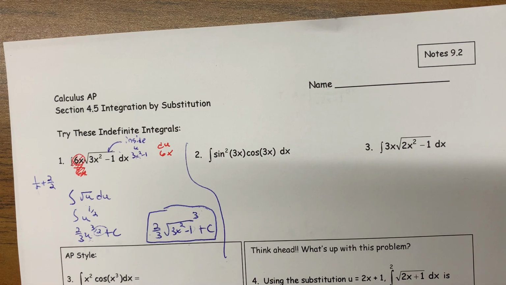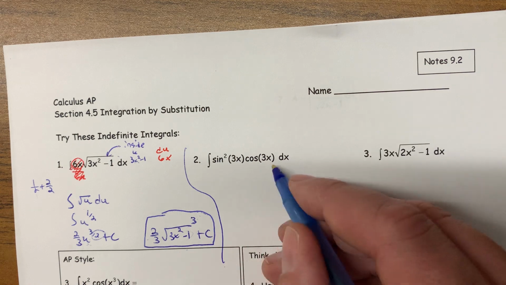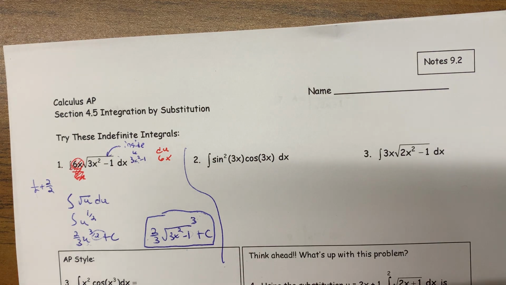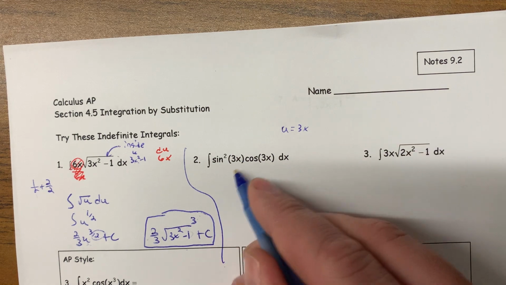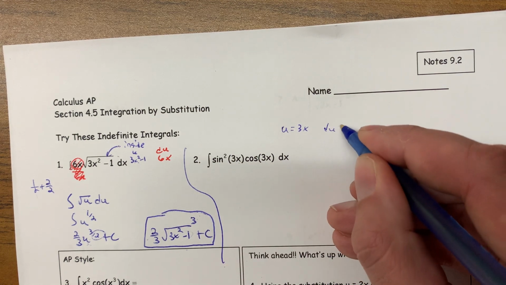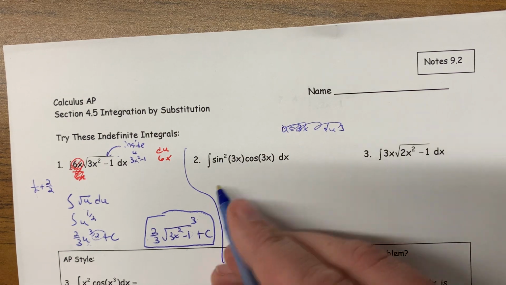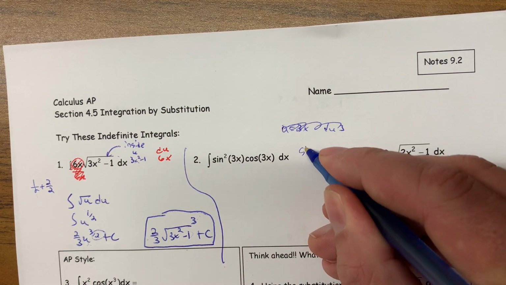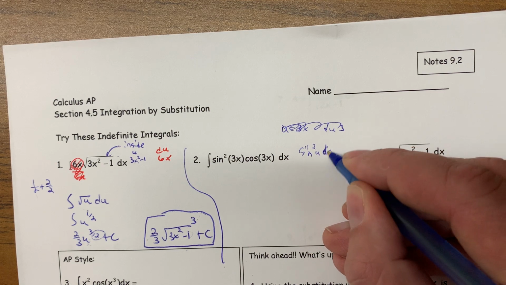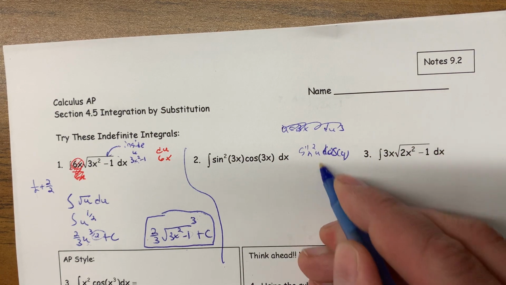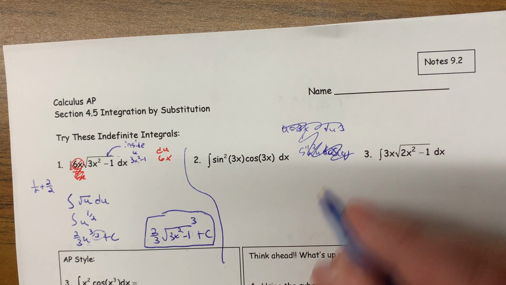And if you said it was 3x, the problem is that, well, okay, let's say it's 3x, well, then what? If u is 3x, then du would be 3, and there's a whole bunch of other stuff going on. So you'd get sine squared of u du, or, sorry, times cosine of u, and now there's still multiple functions that we don't know how to do the integral of. Instead,